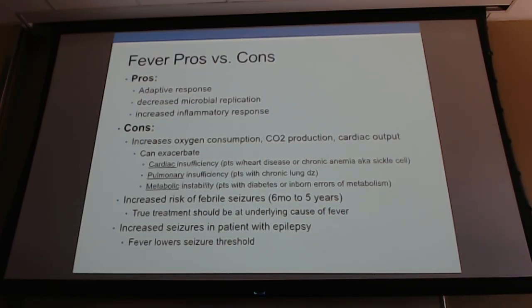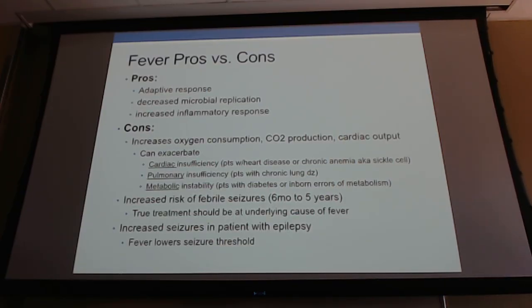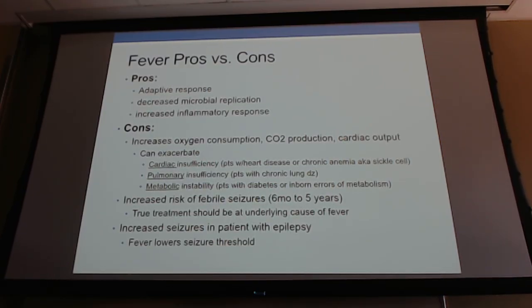So as a provider, there really are situations where you're like, let the fever fly. It's going to help bring immune responses. Other times, you're going to say, that's really going to hurt the cardiac output of this child with congenital heart disease, so I need to take care of the fever so that I'm not putting them at an